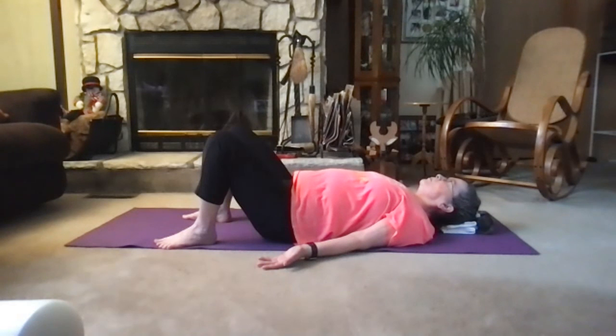right thumb, second finger, third finger, fourth finger, fifth finger, right wrist, elbow, shoulder, center of your throat, left shoulder, elbow, wrist, left thumb, second finger, third finger, fourth finger, fifth finger, left wrist, elbow, shoulder, center of your throat, spiritual heart center, right side of your chest, heart center, left side of your chest, heart center, navel center, center